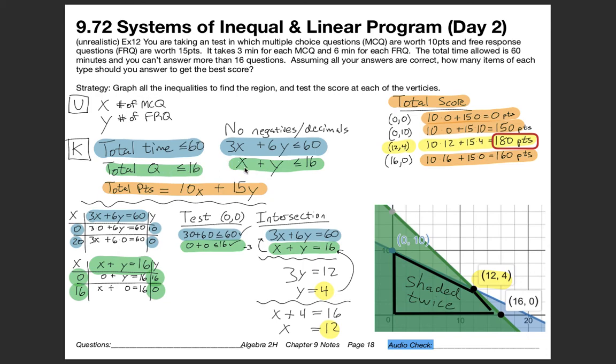We know that x plus y is going to have to be less than or equal to 16. So these are two inequalities that can get graphed. You notice they get graphed with solid lines because it's less than or equal to, both of them. And I personally enjoy